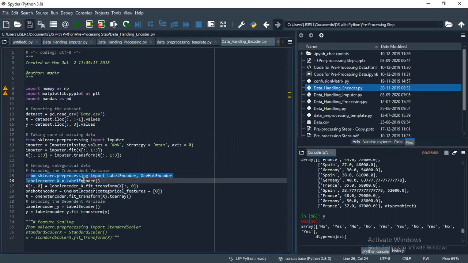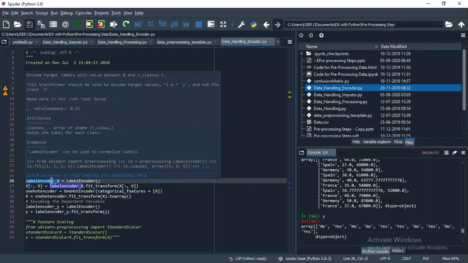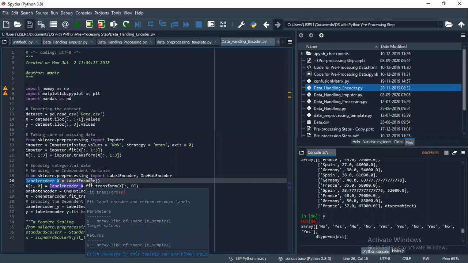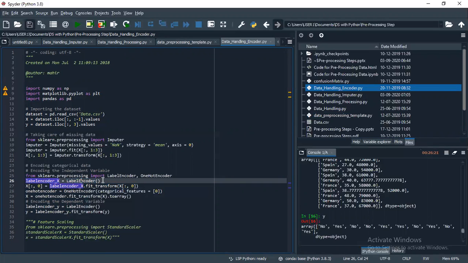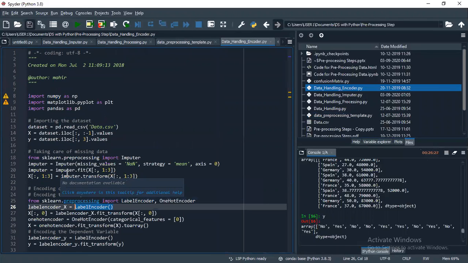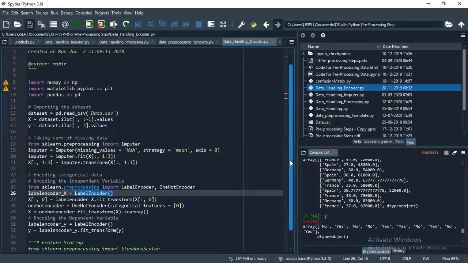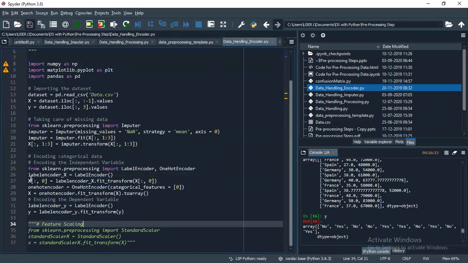From sklearn preprocessing, import LabelEncoder and OneHotEncoder. And label is a variable name, and I am just calling the LabelEncoder function.